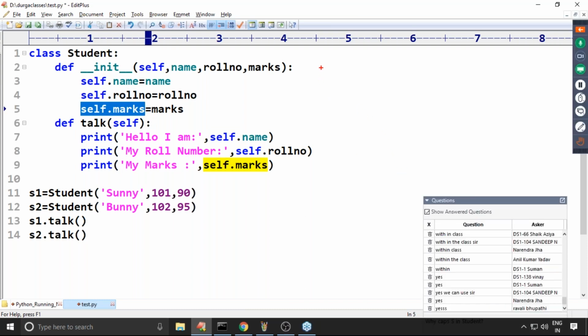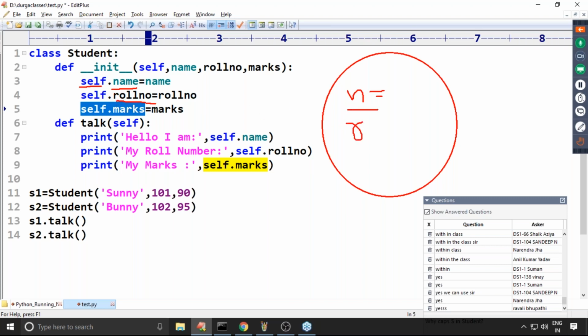For the current object, using self dot, can you please declare a variable name? Can you please declare a variable roll number? Can you please declare a variable marks? Sir, how many variables are there? For this student object, 3 variables. How do you declare these object-level variables? By using self.